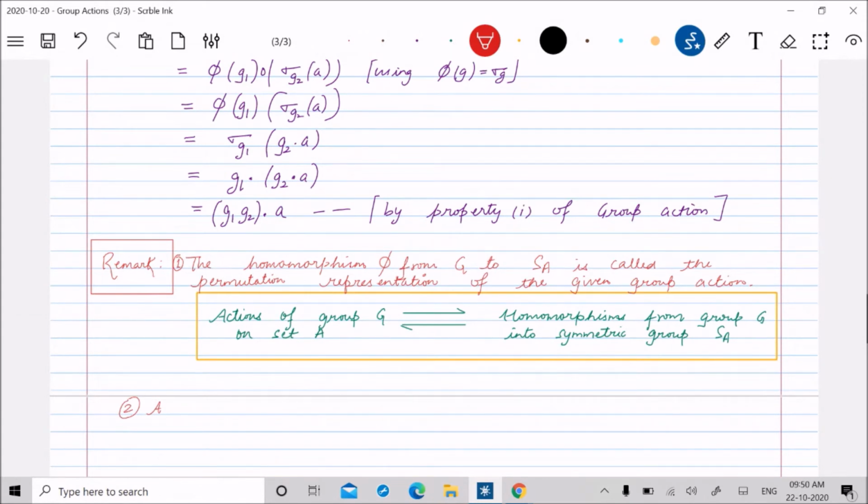Note the action of group G on set A is faithful